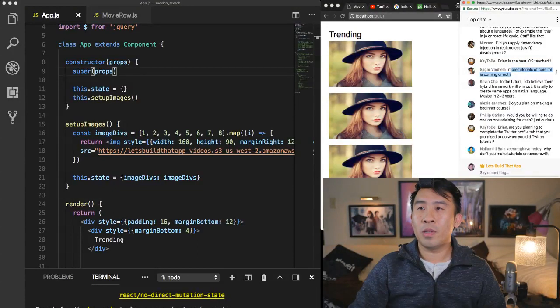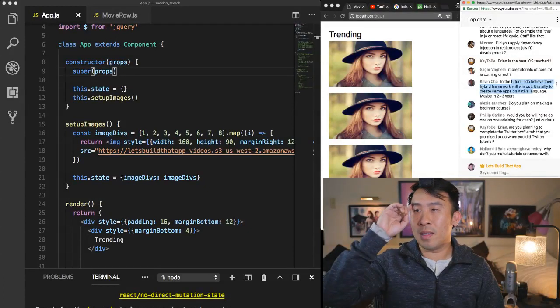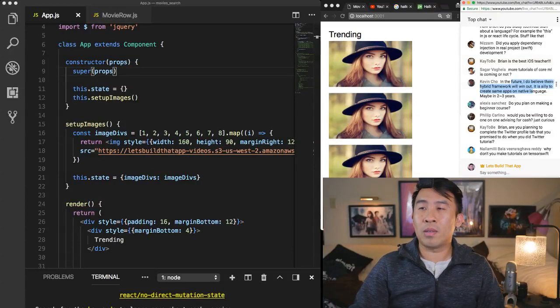More tutorials, Core ML coming or not. I'm not a big machine learning person, so I don't have a huge interest in that segment. In the future, I do believe the hybrid framework will win out. It is silly to create the same apps on native language, maybe in 2 to 3 years. This is a hard question to answer for people that haven't been programming for at least 5 to 10 years, because